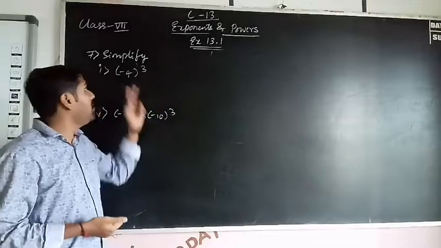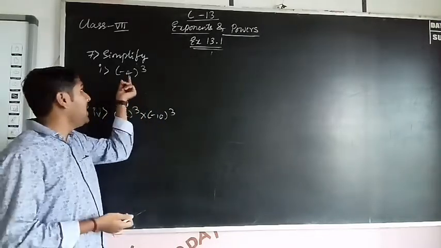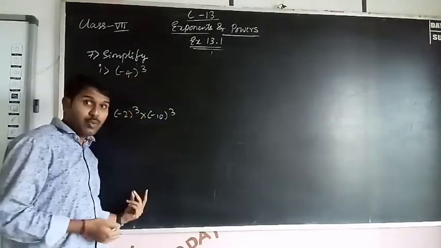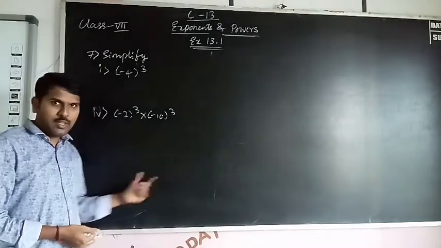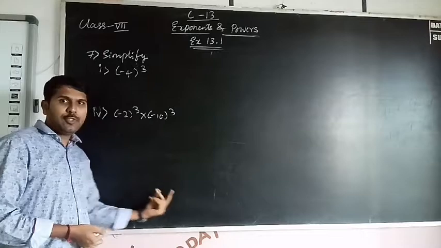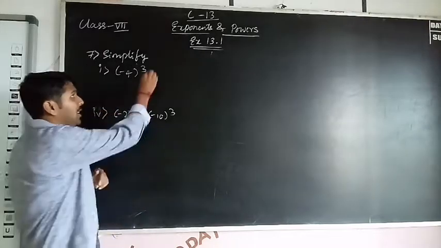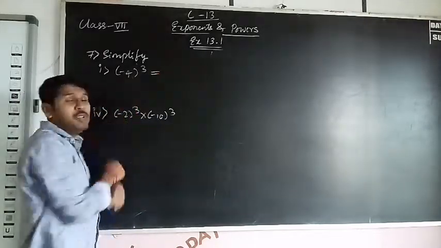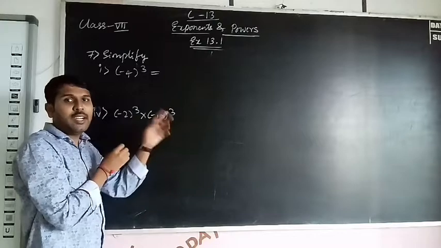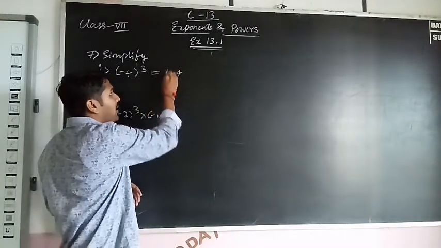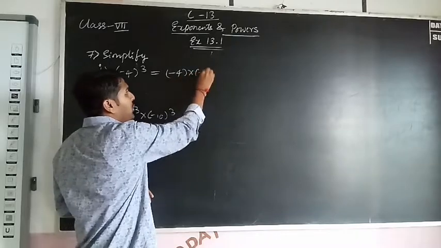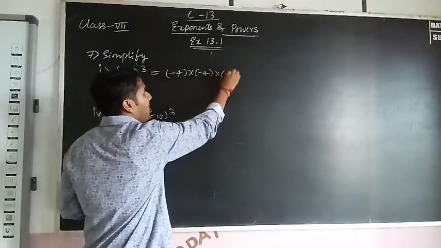So next seventh one, again simplification, but here minus sign is there. So I have given, no, here minus 1 raised to odd number equals minus 1. Minus 1 raised to even number equals plus 1. So first here minus raised to odd number is there, no? So you will get minus only. Answer will be in minus. So first how to write this one? Minus 4 into minus 4 into minus 4.